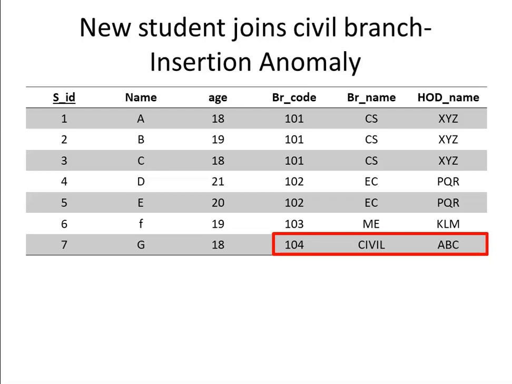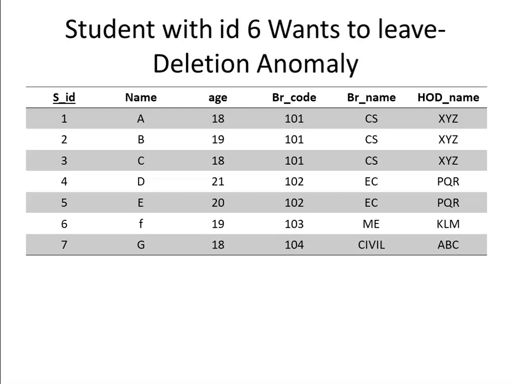If the table is designed in such a way, then obviously it is a wrong or a bad design. It means you require a student to enroll for a particular branch to know the information of that branch, or to know that one more branch exists in the college. Such problems are called insertion anomaly. Only when you do an insertion is the information available, else the information is not available. This is about insertion anomaly.